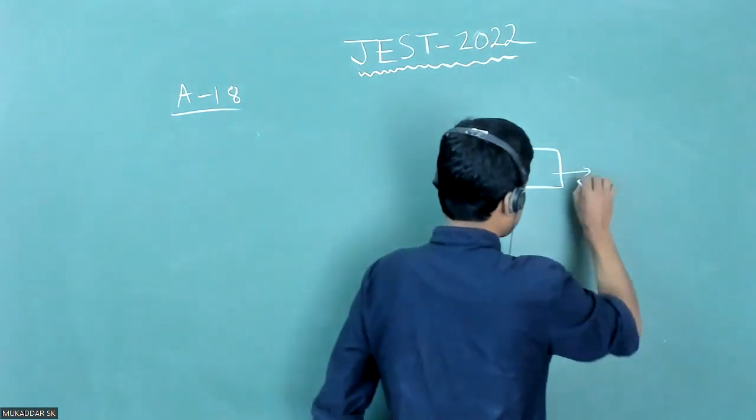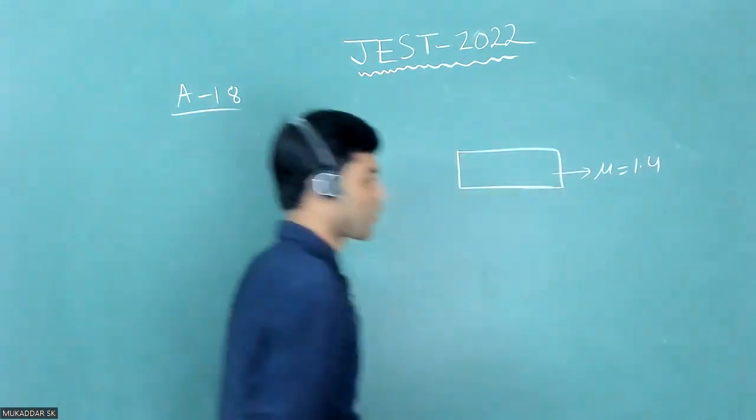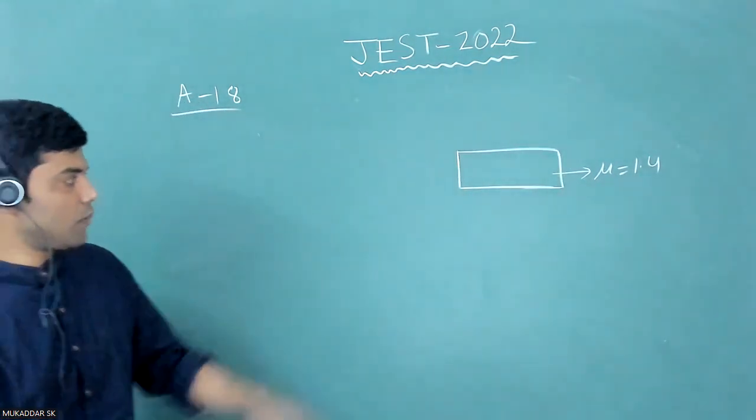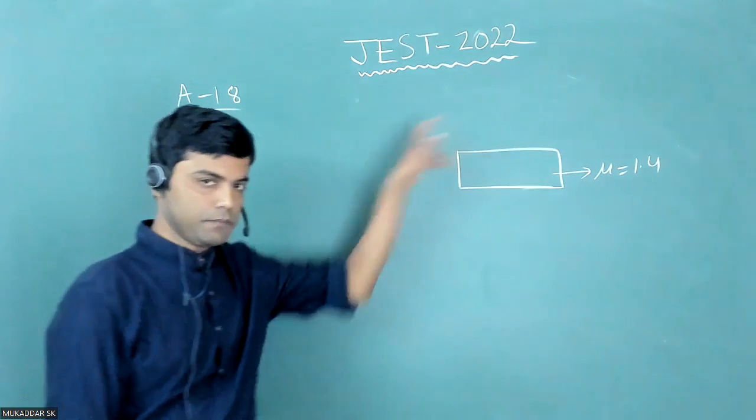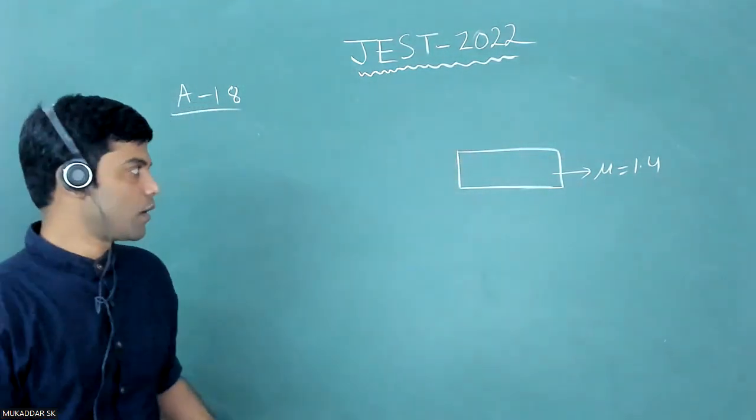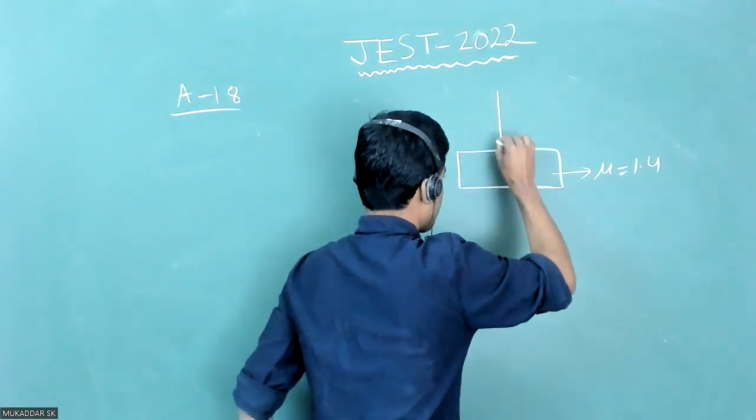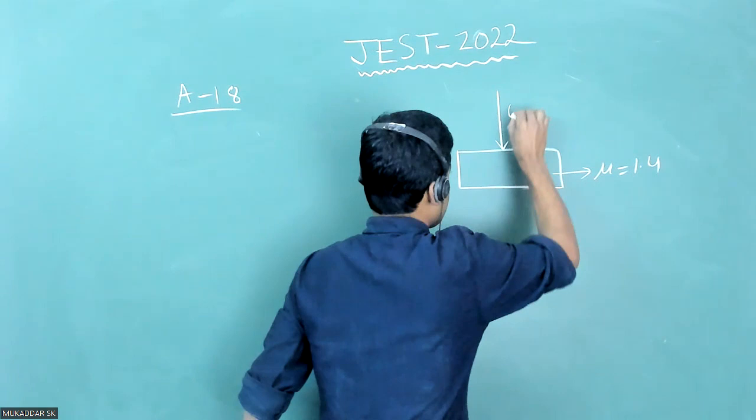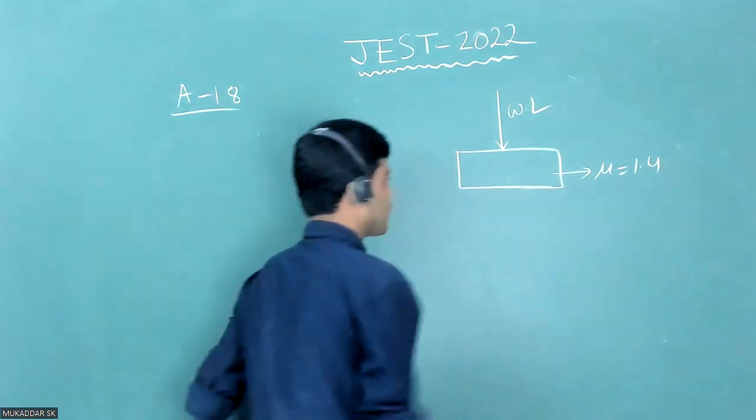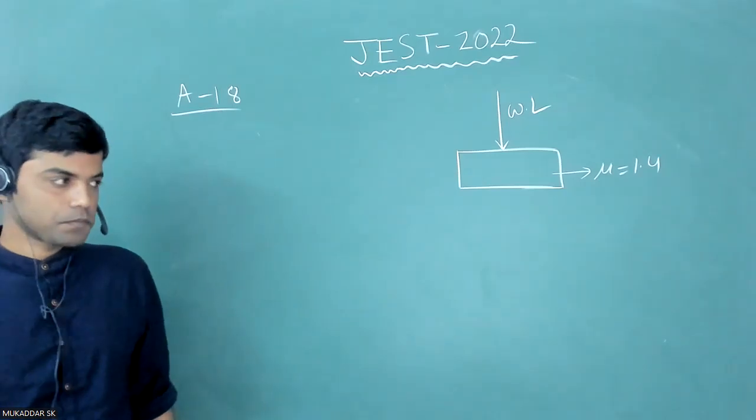having refractive index mu equals to 1.4. And this thin film is basically surrounded by air. So there's air outside of its surrounding. And also there's a white light incident normally on this thin film,